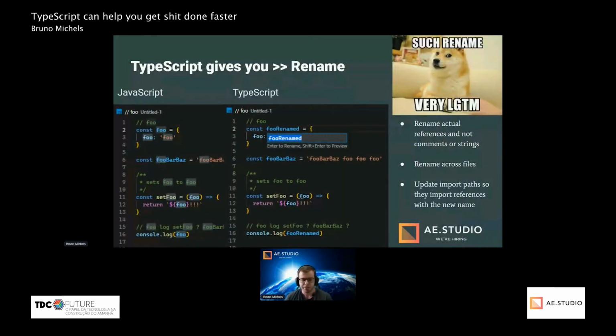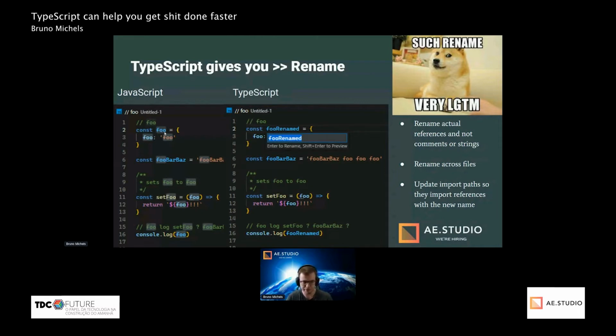TypeScript gives you rename. In JavaScript, nowadays the IDEs you use are powered by TypeScript, so it's easy to rename things today. But in the past, when I was using Notepad++ to code, it was impossible to rename things. In this example, I have a variable called foo.